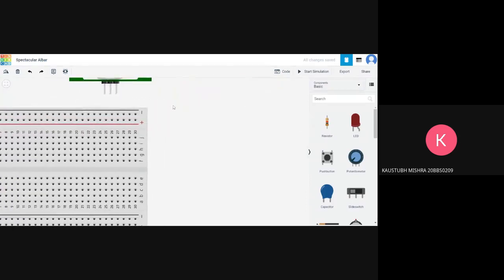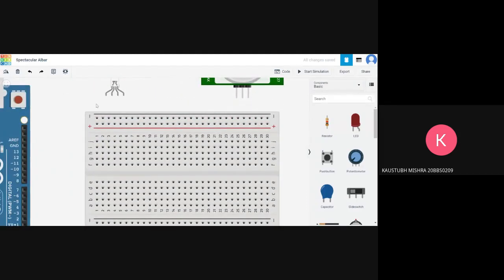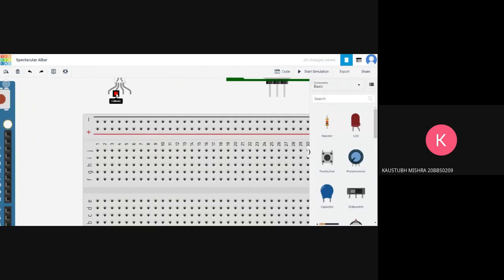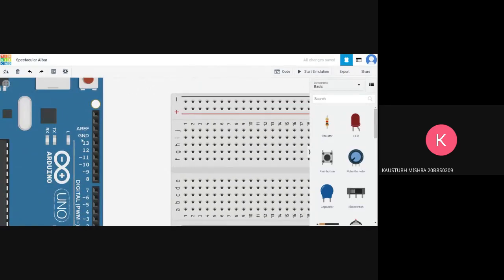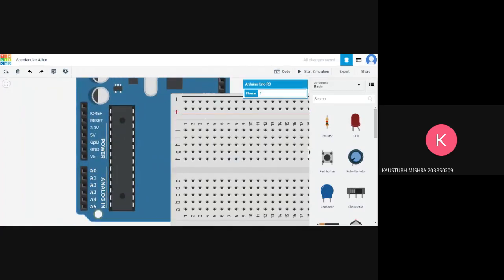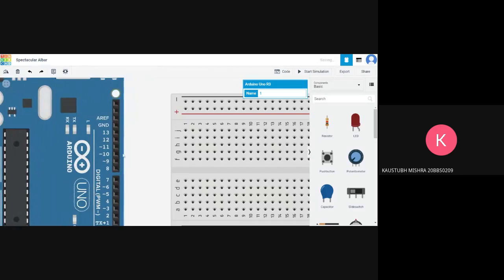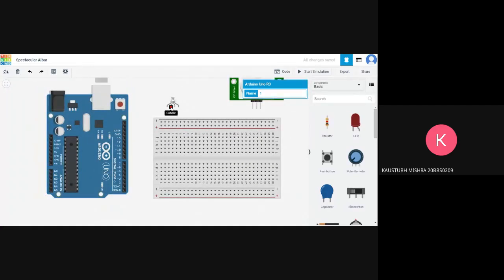So first, let's start with the wiring. As I said, the LED's cathode is connected to ground, and Arduino has a ground pin, this GND pin over here, and there are two more ground pins over here, GND and GND, as you can see. So let's start with connecting that first. You just click on the terminal of the cathode, and once you move your mouse around, there's this infinite wire that appears. Pretty convenient, right? So you can just use this wire to connect the LED to the ground pin.